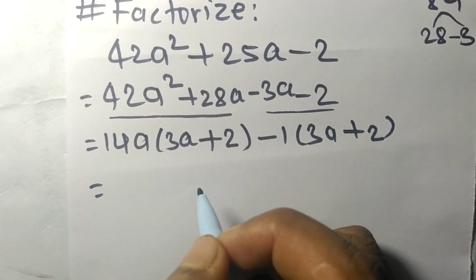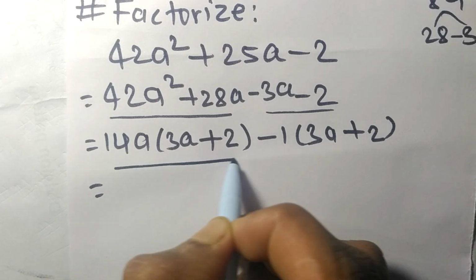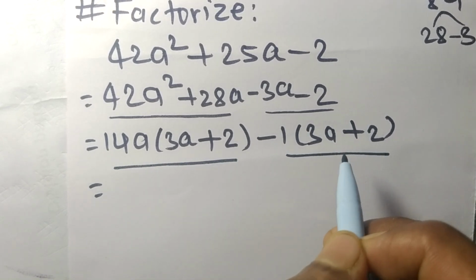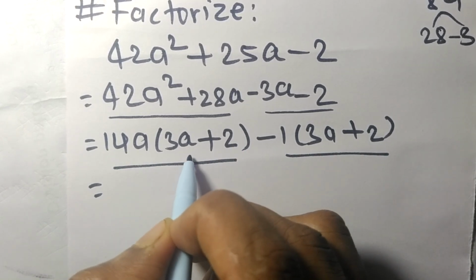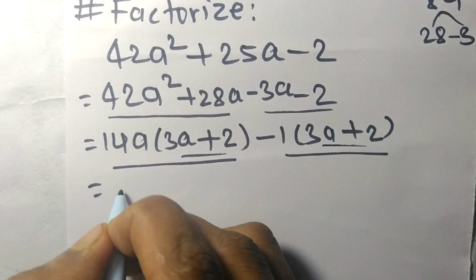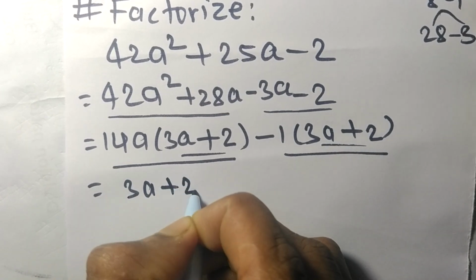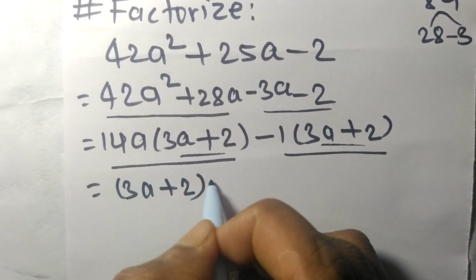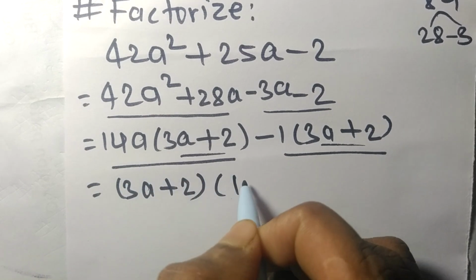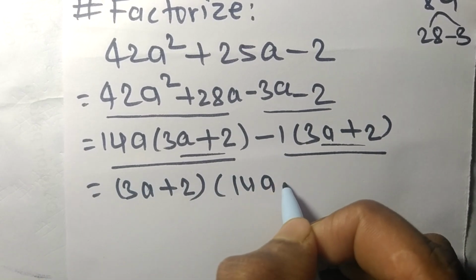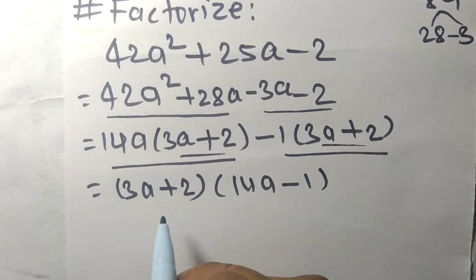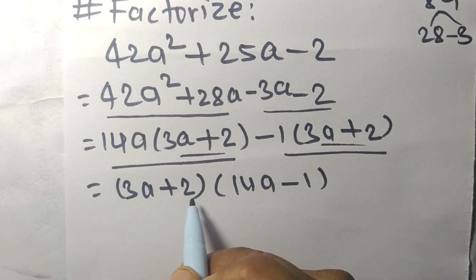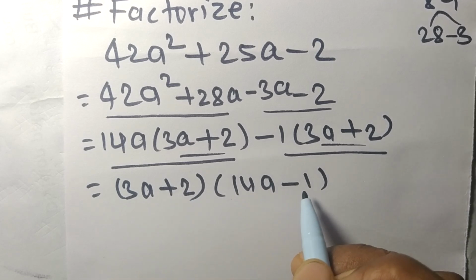So now we again find the common factor in the first and last expression. So both contain 3a + 2. So 3a + 2 is common and remaining in the first 14a, in the last −1. So 3a + 2 and 14a − 1 are the